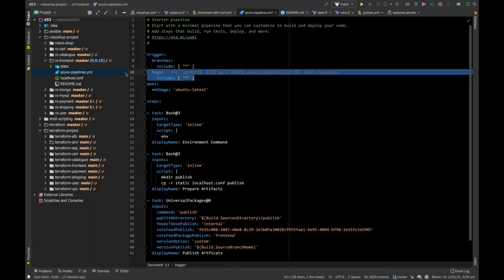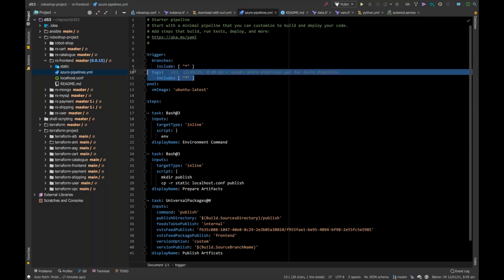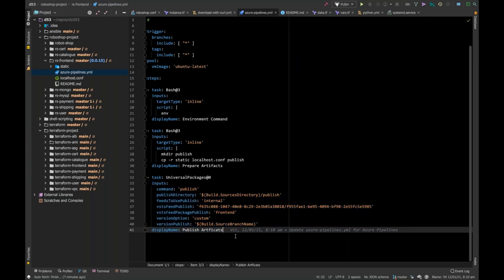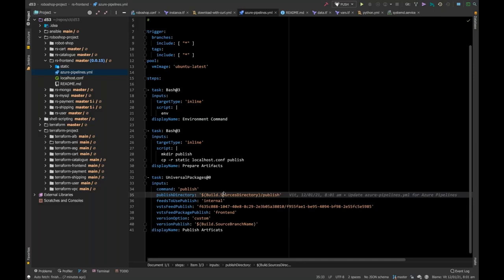So by using this, we're just doing this. And also at the same time, the CI pipeline should run along with that. But when there is a tag, then only this task should run. And how can I say that this task should run, or should not run? By going with some kind of condition. And that particular condition we're going to look at now.